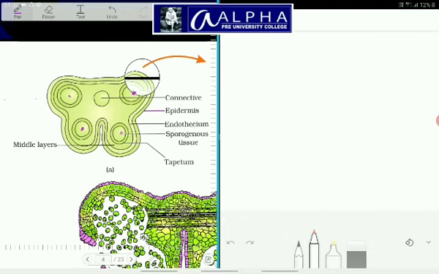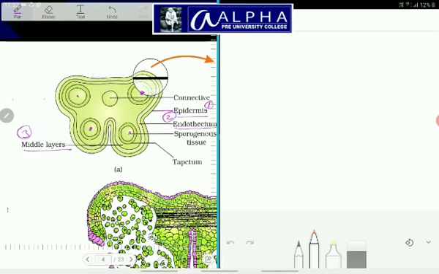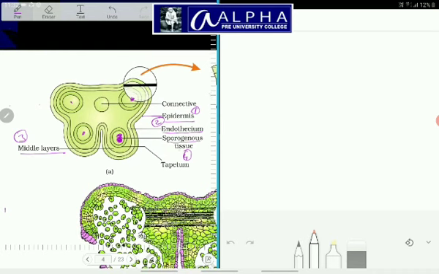protective layers. Protective layers are there. First one is epidermis. And the second one is endothecium. Third one are two layers of middle layers. Okay, and fourth one is tapetum. This is the nourishing layer. And finally, as a part of the microsporangium, there is a presence of sporogenous tissue. So, in the backdrop of the discussion of the structure of anther in its transverse section, what we have made.